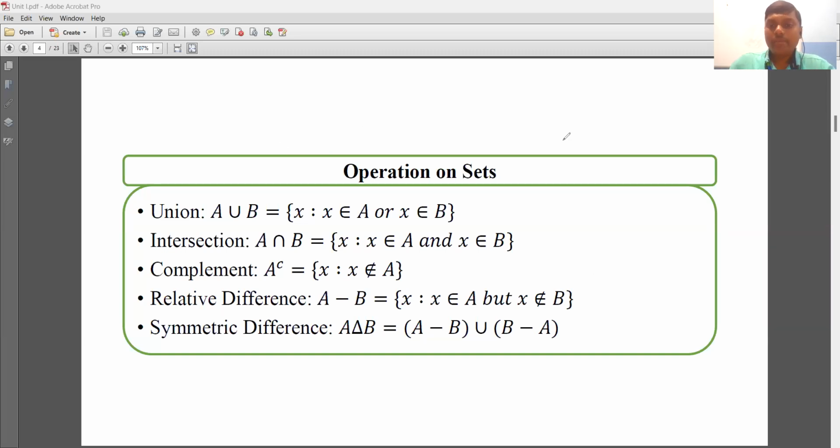Okay, so we have seen the operations on sets by using some examples. Now we'll try to understand these operations on sets by using the geometrical concept, which is actually called the Venn diagram concept. So I'm taking the universal set, which I'm representing by capital U. Now I have two sets, A and